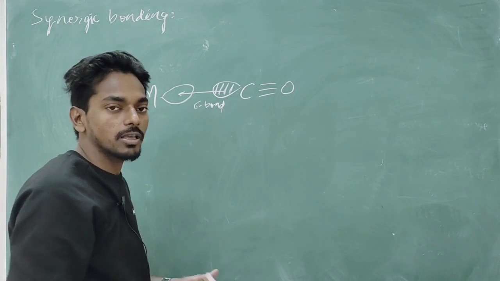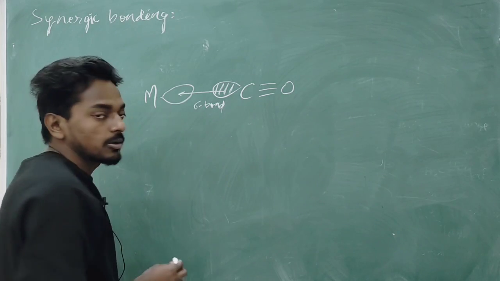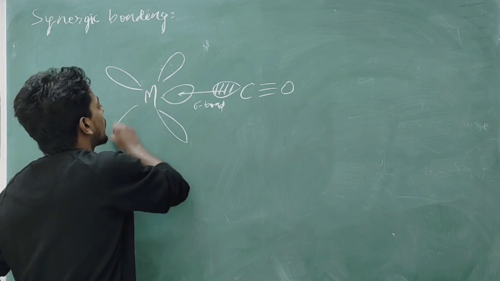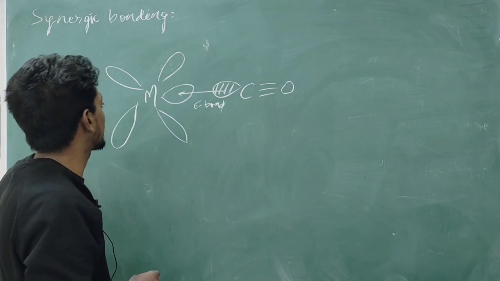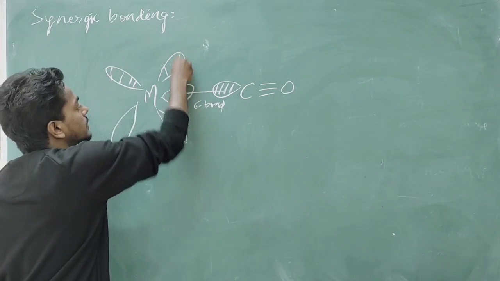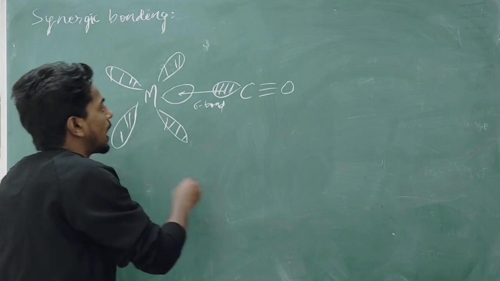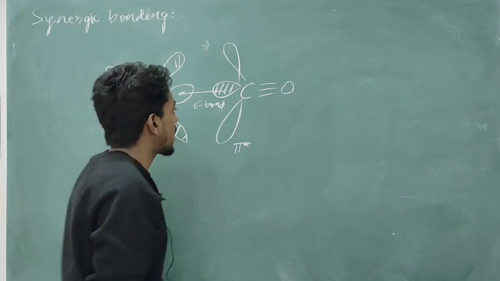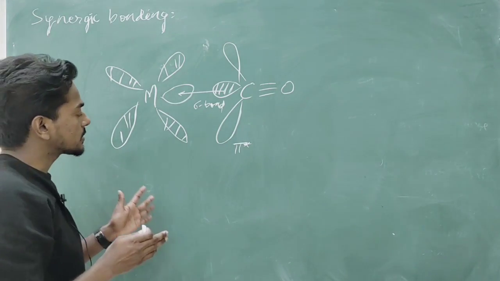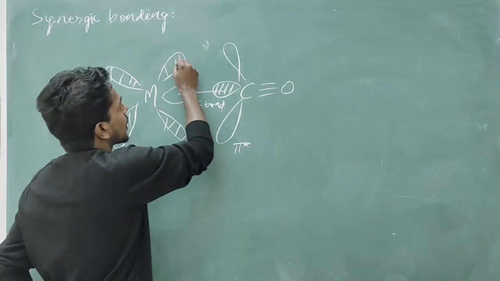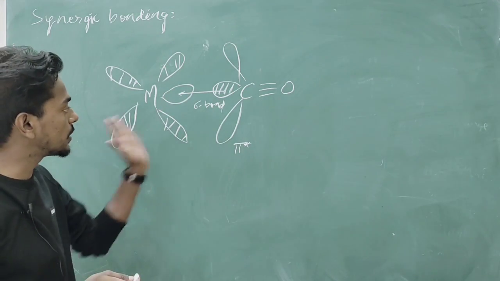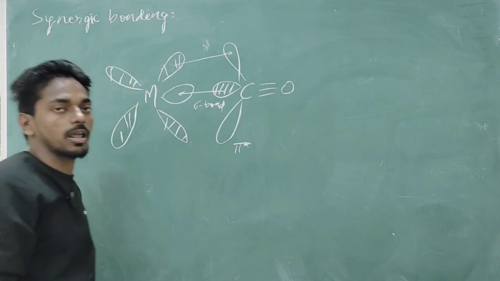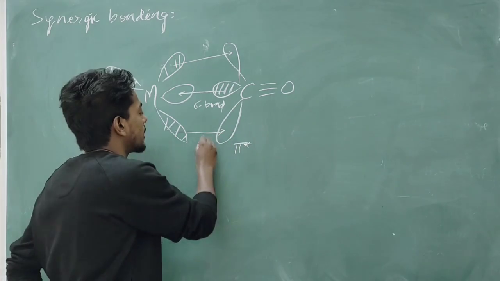It happens in all cases of ligands, but the special bonding takes place when the orbital of the central metal atom is filled, and carbonyl has a vacant anti-bonding molecular orbital, that is pi star anti-bonding. In this case, the transfer of electron cloud takes place from the central metal atom to the vacant anti-bonding molecular orbital of the ligand, and this is non-axial overlapping, so it is a pi bond.